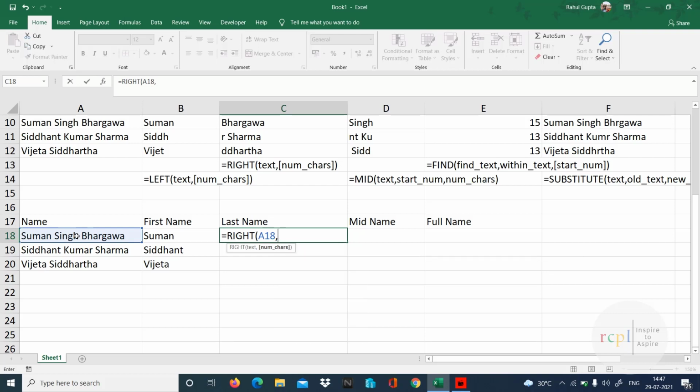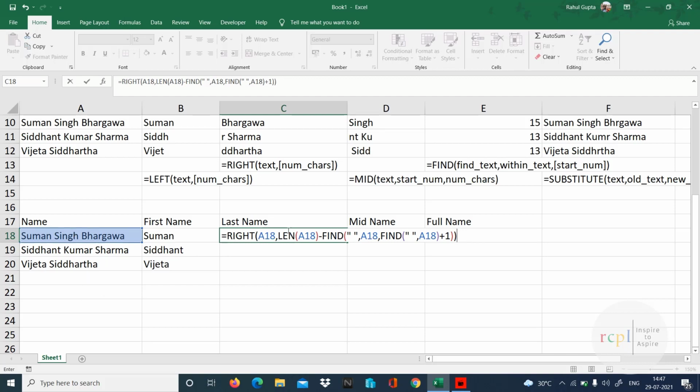So I'll do length of this name minus find space. Since here at the second place we are having it after the second space, I'll use one more find and do +1 into this, and finally this is going to give me my last name.